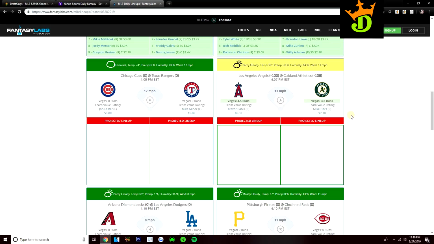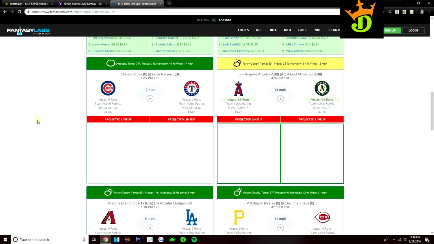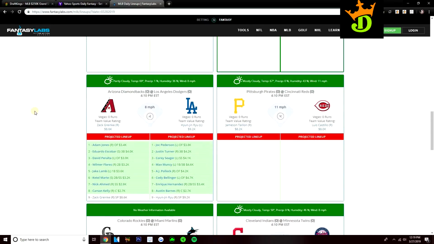but since a lot of people do look at Vegas, I'm sure people are going to see a 4.6 implied run total and might shy away, but I still want to target Oakland here, especially some of the righties with power, Chris Davis, Matt Chapman, 2 guys I look to, and then a lot of the righties from the Cubs, whether it's Bryant, Baez, Contreras, those are guys you could look to from the Cubs as well. So those are 2 teams I like.